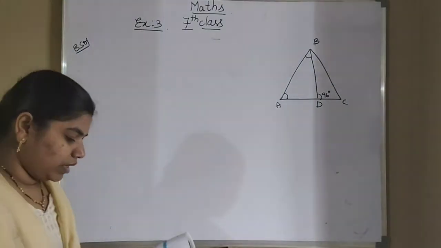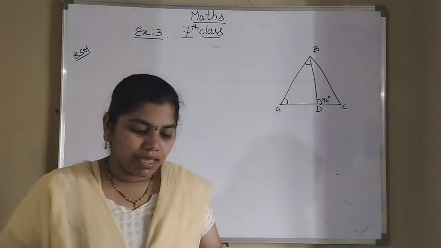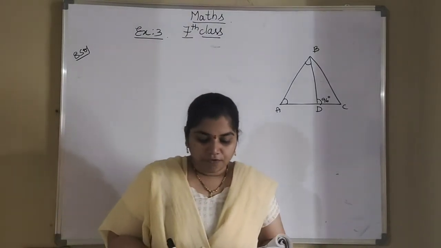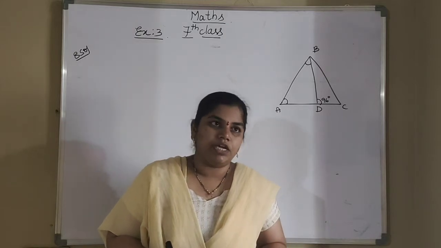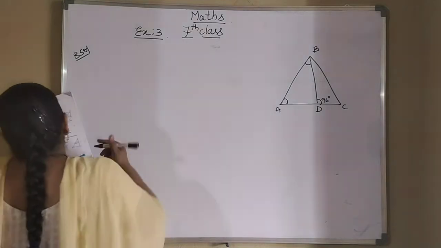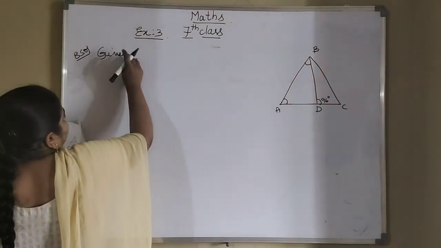Now what they have given in the figure: angle ABD is equal to 3 angle DAB and angle BDC is equal to 96 degrees. Find angle ABD. So we have to find the angle ABD. So how to find that we will see. First what they have given you, right? Given